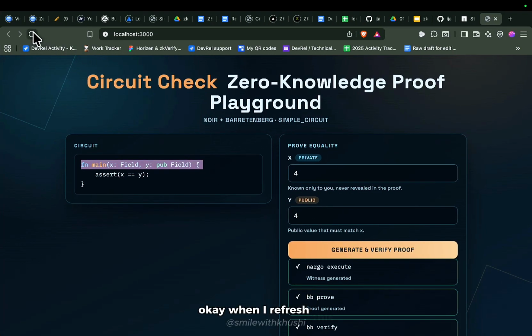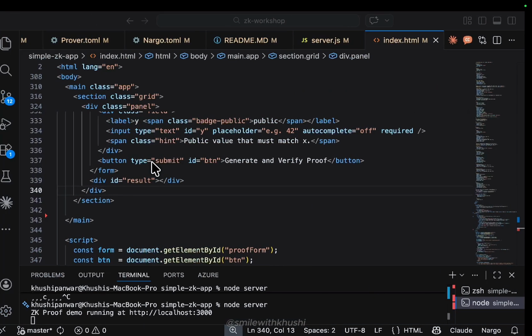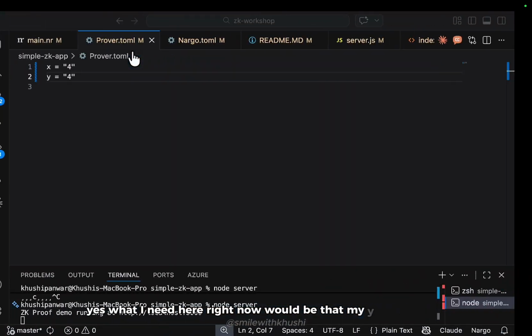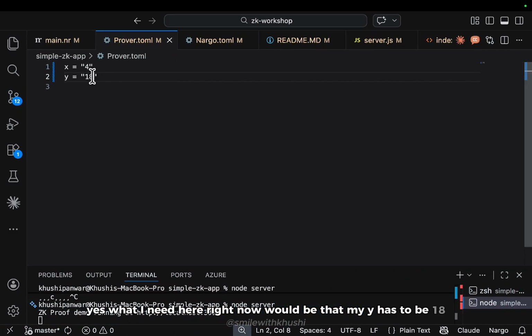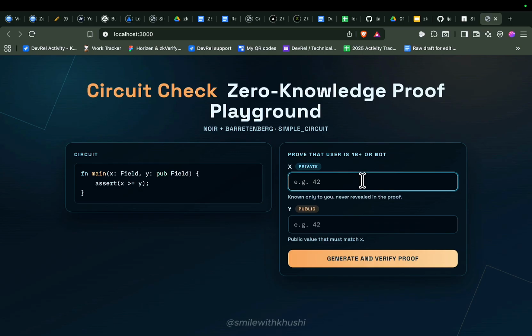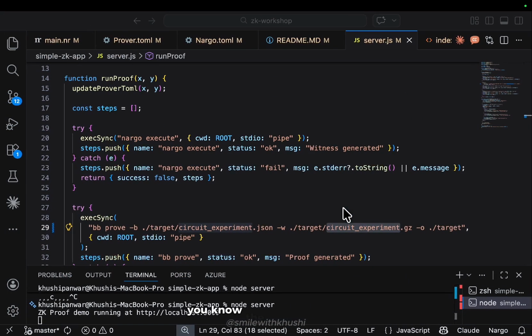Okay, when I refresh this, I have implemented the logic to see if the user is 18 plus or not, to see the output. And yes, what I need here right now is that my y has to be 18 and my x can be 19 here. Cool. I'll input 20 and y as 18 because again, the public input has to be the age, that is, the threshold age.